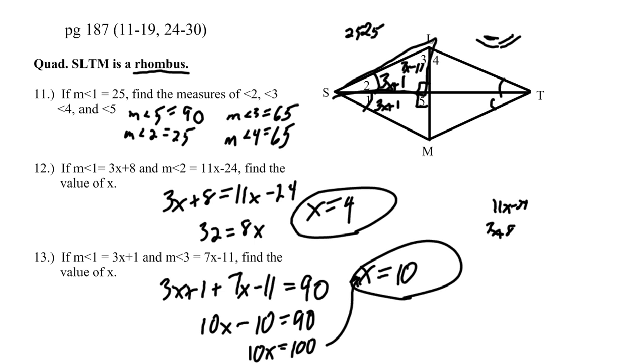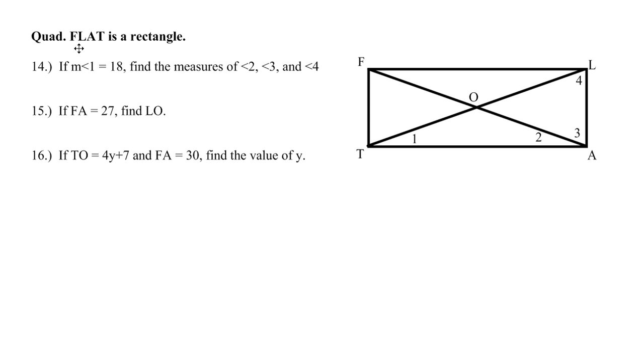That was fun. Next, we have quadrilateral FLAT is a rectangle. Now again, looking at what we're given in the directions here, a lot of information can be concluded because we have a rectangle. For example, we know that the angles all here are 90 degrees. We also know the diagonals are congruent. Okay, so if we have angle 1 is 18,